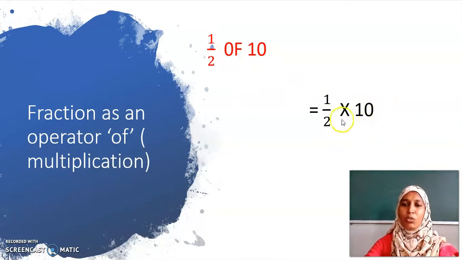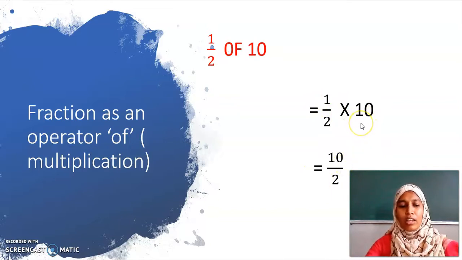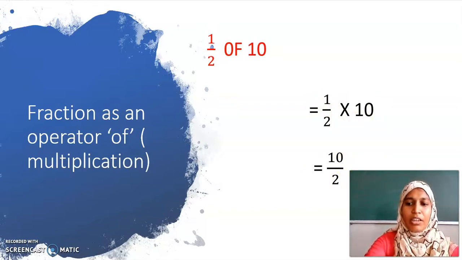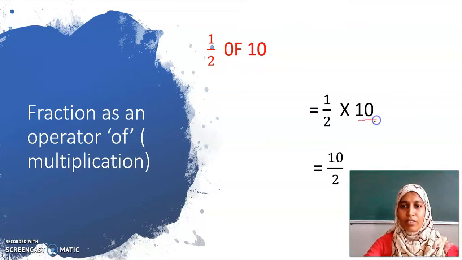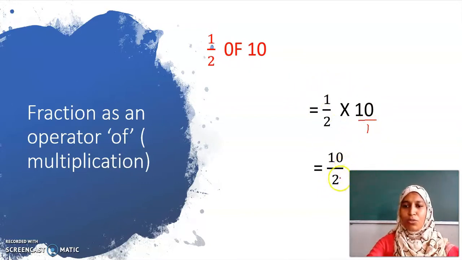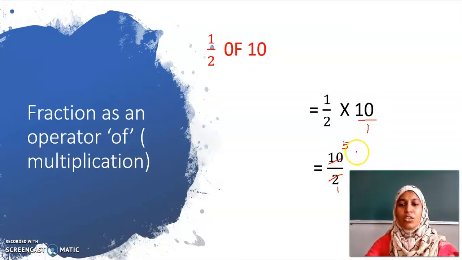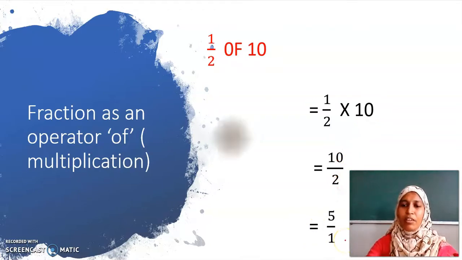Just now we learned how to multiply a fraction with a whole number. We will just multiply the numerator with that whole number and the denominator will be the same. So you get 10 by 2. If you are not comfortable multiplying like that, you can have the denominator as 1, because every whole number can be written as a fraction with denominator 1. Then you can multiply 1 into 10, 10, 2 ones are 2, 10 by 2. If I cancel with the 2 table, I will get 5 by 1. Is it clear, my dear children? So the answer is 5 by 1, which is nothing but 5.